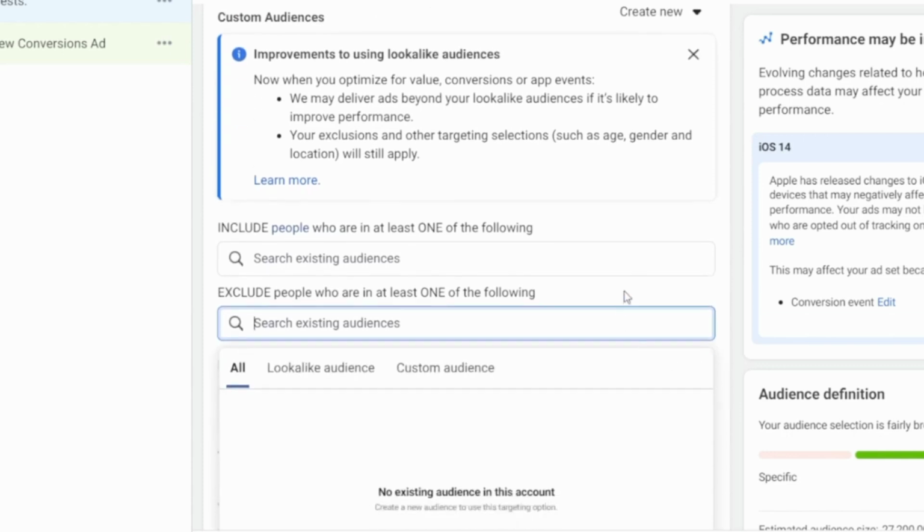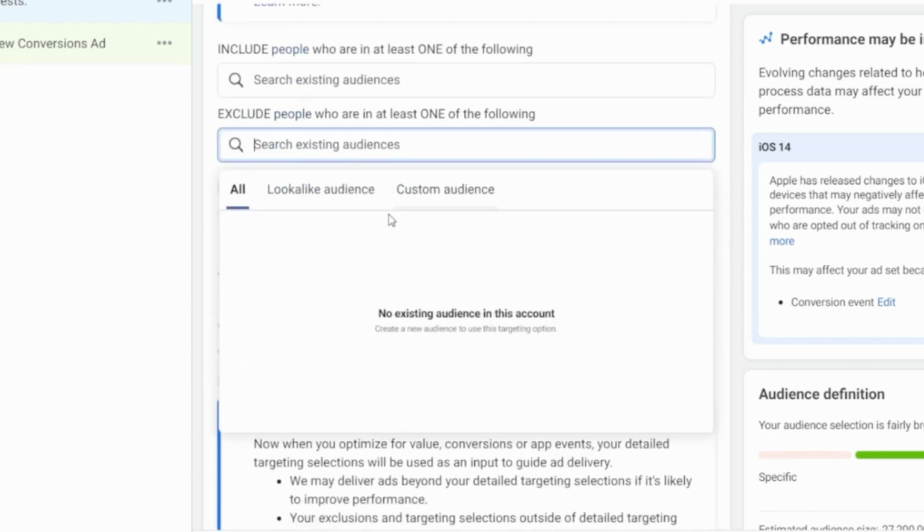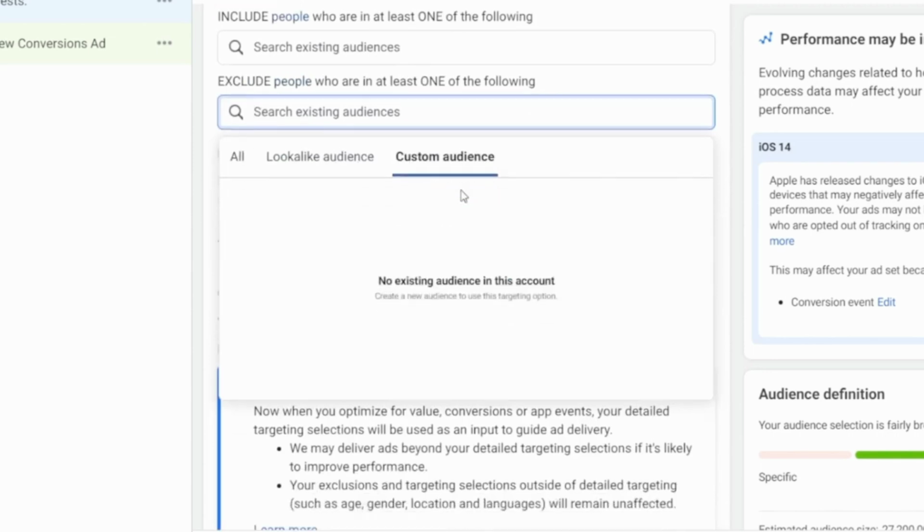So you can open this up and go to Audience Manager, create all your different audiences there, and then import them here, and we would want to exclude them. Once they are all excluded, which I'm not going to do because this is a demo account and I don't actually have real audiences,